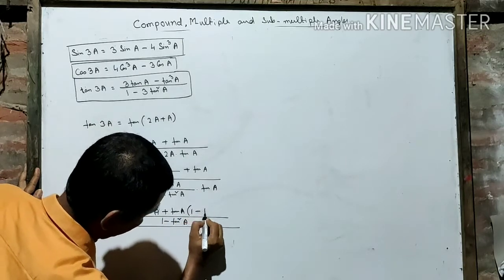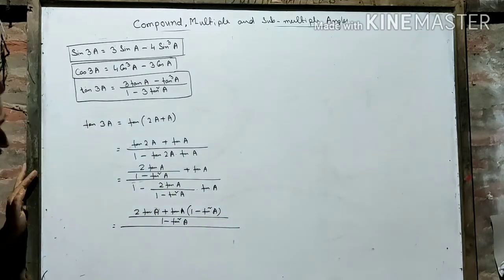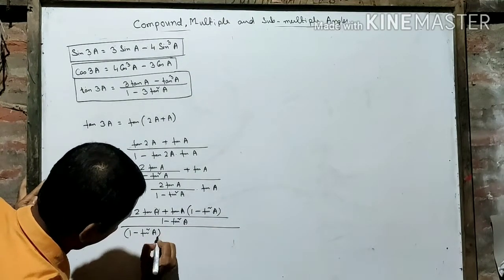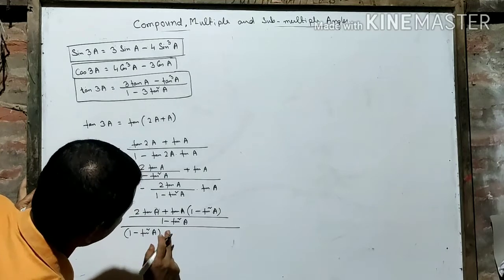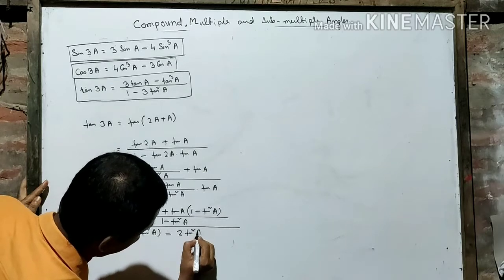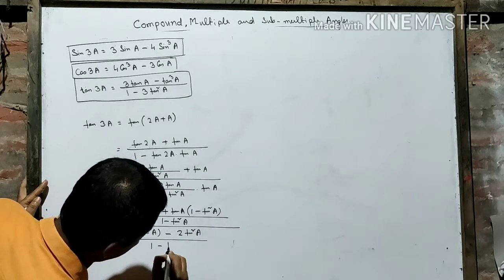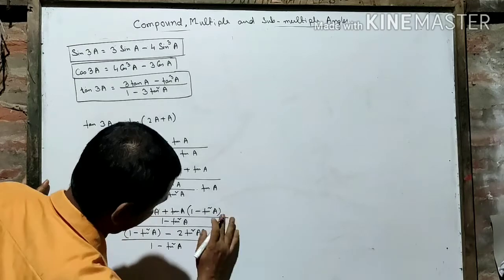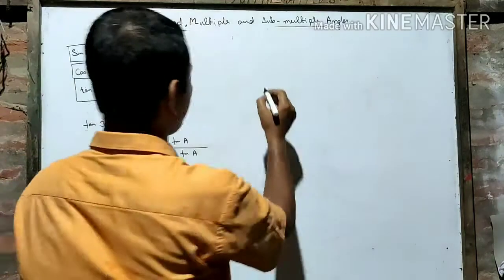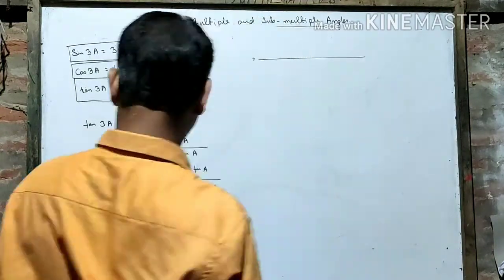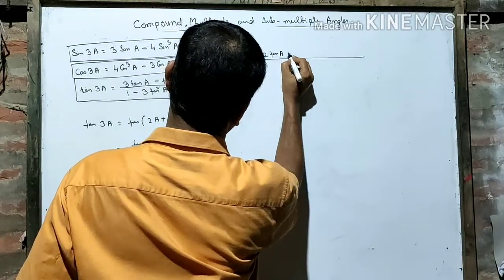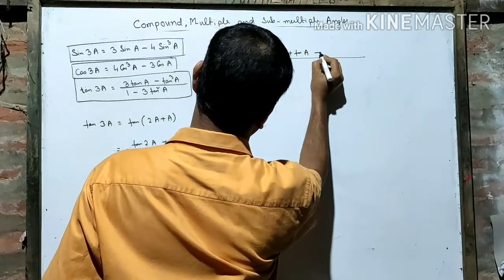Tan A into 1 minus tan square A, plus 1 minus tan square A minus 2 tan square A, divided by the LCM 1 minus tan square A. Alright? So 1 minus tan square A and 1 minus tan square A are cancelled, and we are left with 2 tan A plus tan A minus tan cube A